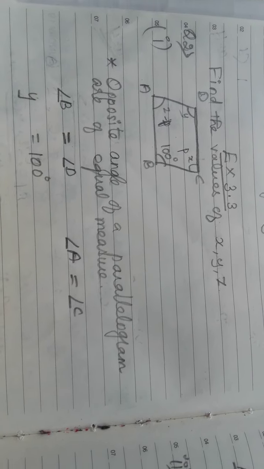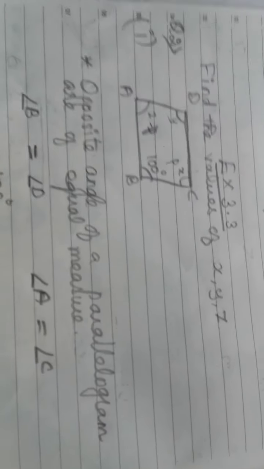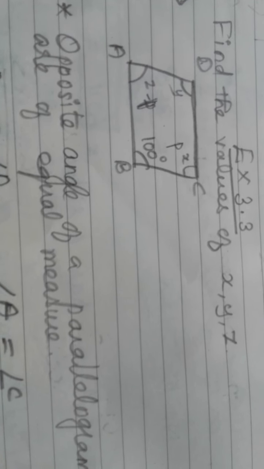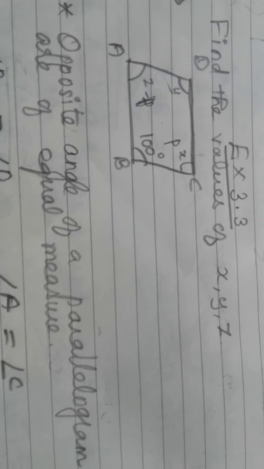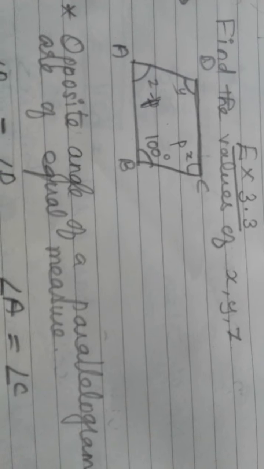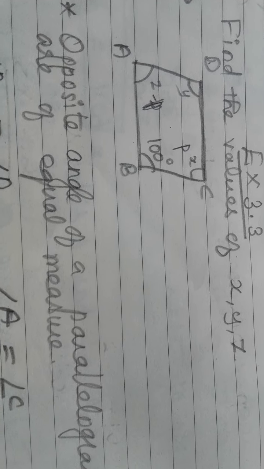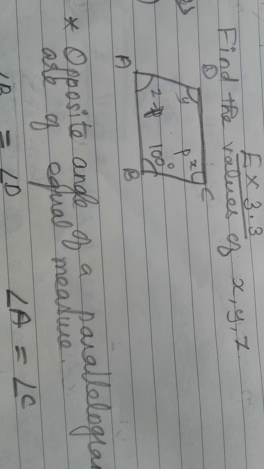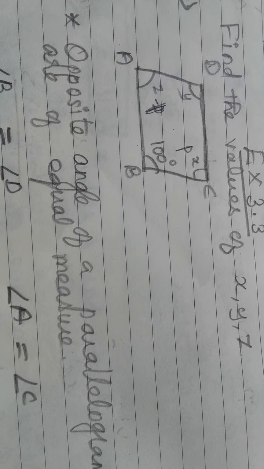So in the second question, first one we are going to discuss. Okay. So see this figure. So only the internal angle is given, 100 degree. Okay, angle A, B, C, D, like that. This parallelogram name is given. Okay, it's a parallelogram, or we can tell quadrilateral. In that quadrilateral type it is parallelogram. Okay, so its name is ABCD.